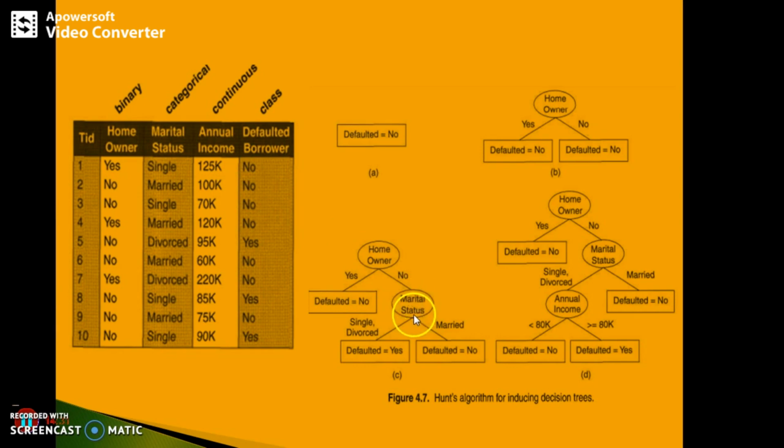Marital status we have added as an attribute, and we have added it to the right subtree. Why? Because this was the impure classification that we found here. Okay, so here marital status, and again here I'm adding married as a separate branch, that is the right subtree, and where I'm doing the clear classification saying that all married people belong to default borrower class equal to no. This has now become the pure classification, but this